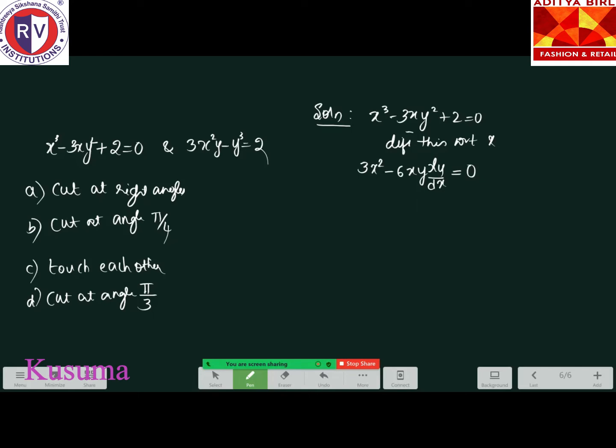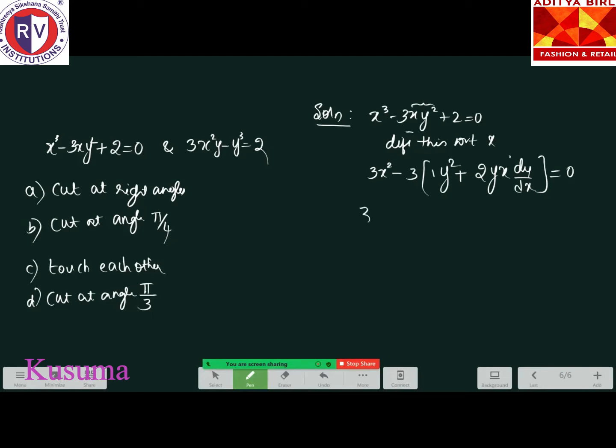So we have product of functions here. So this will be 3x square minus, we have x into y square, right? So 3 is a constant. Differentiation of x is 1. Keep this y square as it is, plus this will be 2y into x into dy by dx, which is equal to 0.